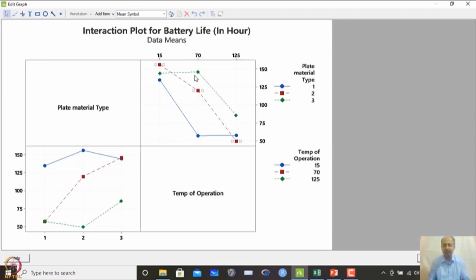if you are following plate material type 3 over here. But if you are taking plate material 2, the slope of this line is drastically falling as compared to material type 3. So, the slope is higher than material type 3. So, material type 3 is more robust within the temperature zone of 15 to 70, if you are considering that temperature range. It is insensitive to the change in temperature if I change from 15 to 70, any range within this,